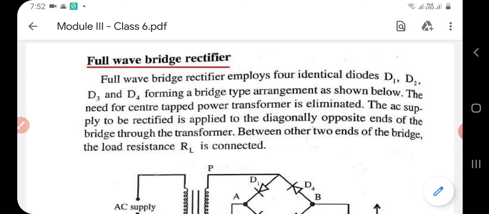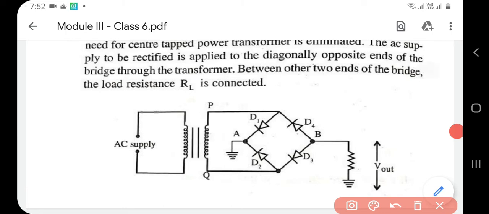Now, see the circuit given here. In the full wave bridge rectifier, you have four diodes, that is diodes D1, D2, D3 and D4, and they are connected in the form of a bridge, and that's why the name bridge rectifier or full wave bridge rectifier. Now here there is no center tapping for the transformer,